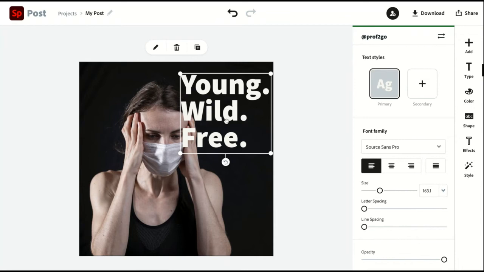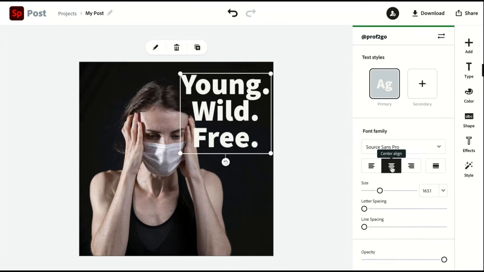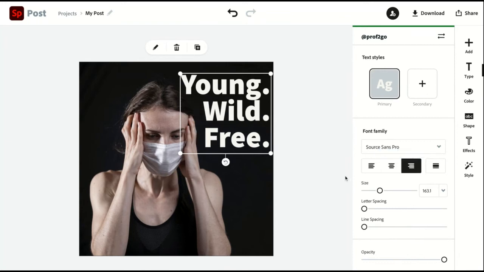So a lot of these decisions are being made for you right off the get-go. Now you can change it to centered, flush right.